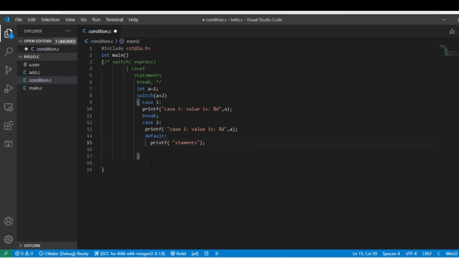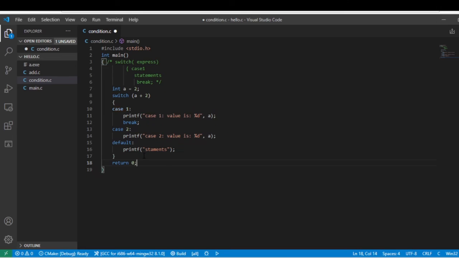Now after this, the first bracket we started, close the bracket. That is the start and that is the close. In this bracket you write return 0, and Control S to save the program.